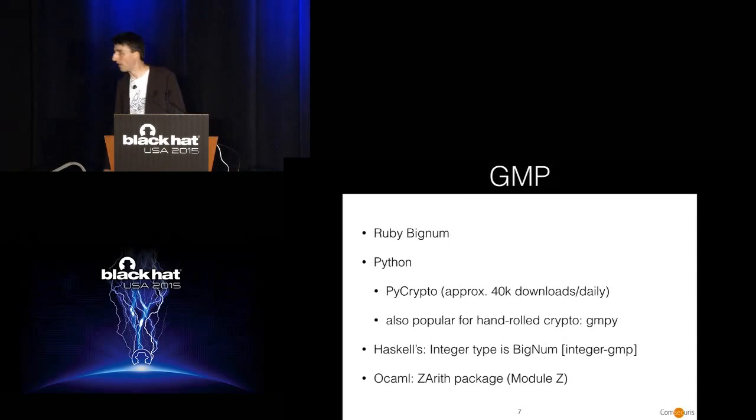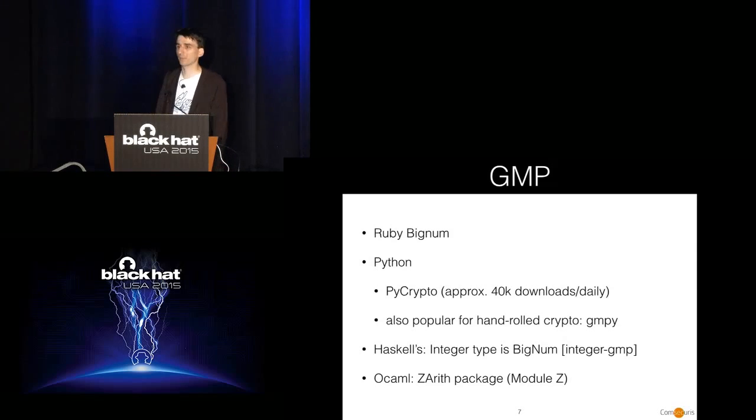Okay, so I mentioned that there exist bindings for GMP. The Ruby BigNums are basically GMP underneath. For Python you have the PyCrypto package, one of the more popular ones, which binds GMP underneath. And many people who like to home roll crypto use Gimpy. In Haskell, the standard integer type is Integer GMP, so you can swap out the integer implementations in Haskell,